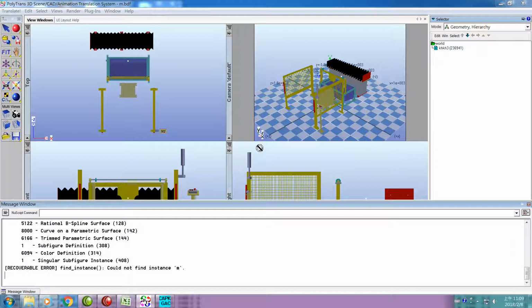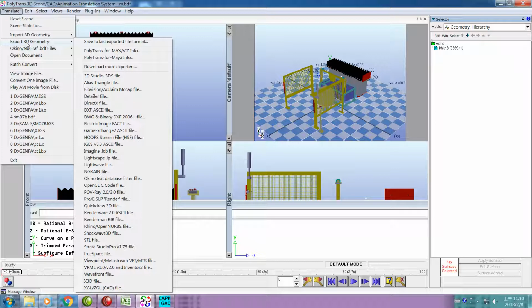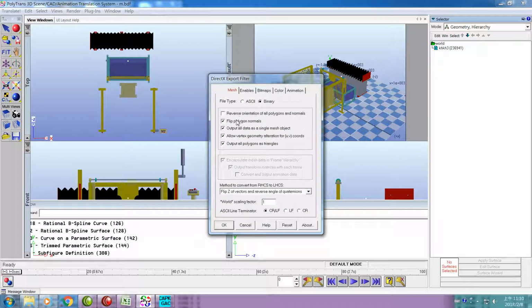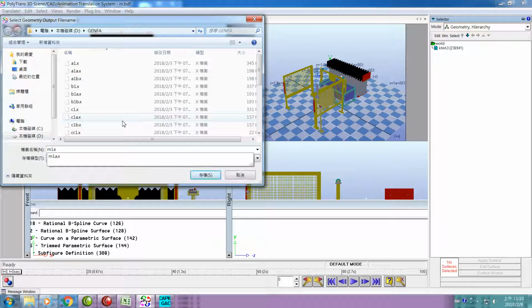Haha, what a big file. The foundation is displayed on the screen. We have to export, by means of export 3D geometry, into the X file. We export the positive part of the geometry. We call it M1A,